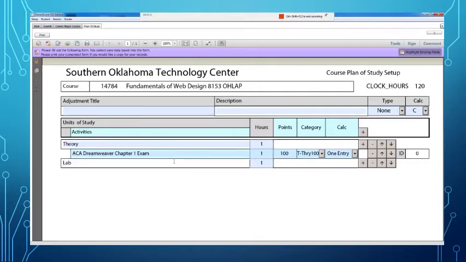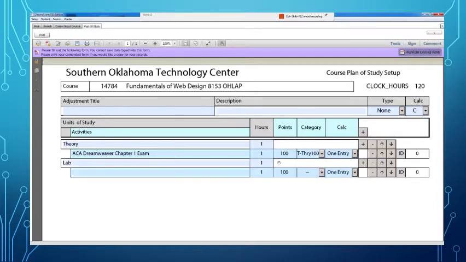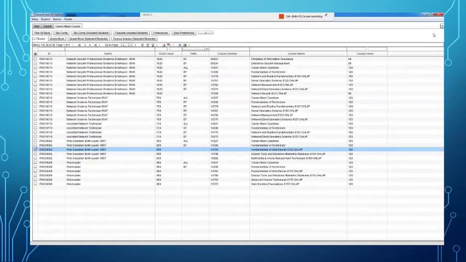So if I wanted to do one for lab, click the plus sign next to the lab entry, and let's do wireframe for chapter 1, and this is the lab, so I'm going to select the lab for that. Once I've accomplished that, I can click on post, exit out of it,